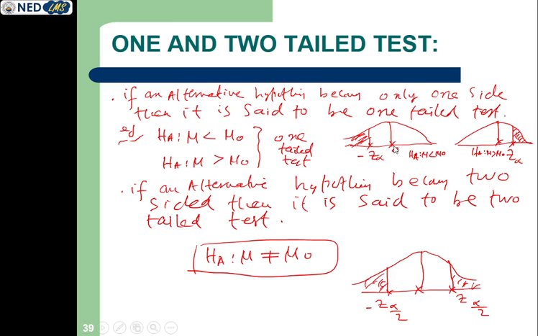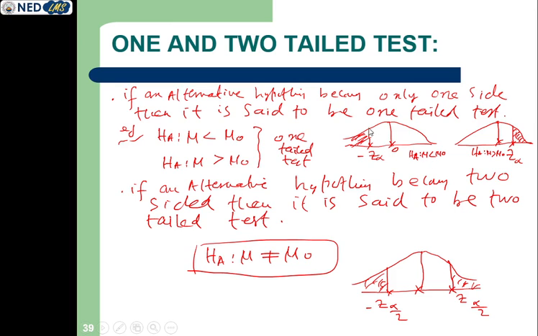Student, this follows a normal distribution. In all testing of hypothesis procedures, the population means follow the normal distribution. That's why we make a graph starting from the normal distribution. For example, this is the standard normal distribution with mean 0. Now see this one, if the alternative hypothesis is mu less than mu naught,